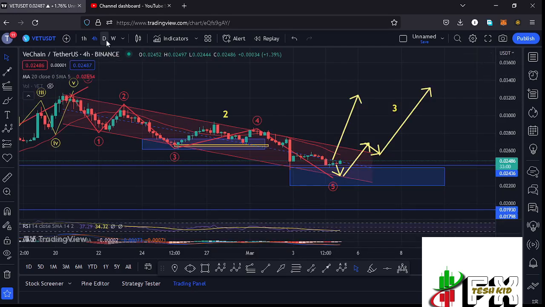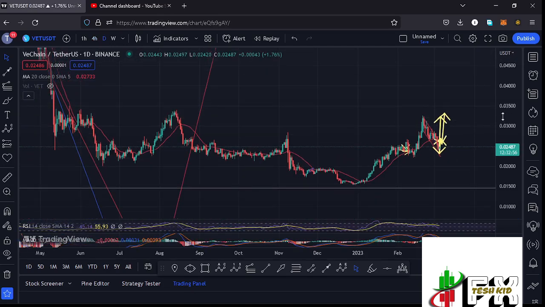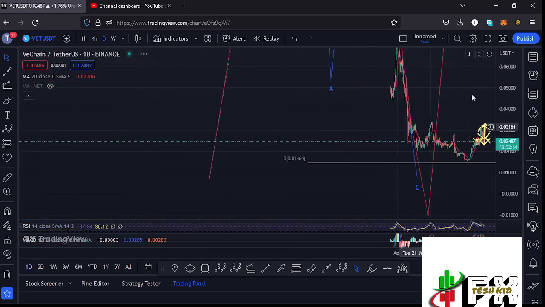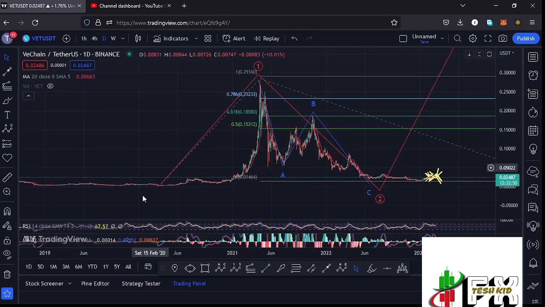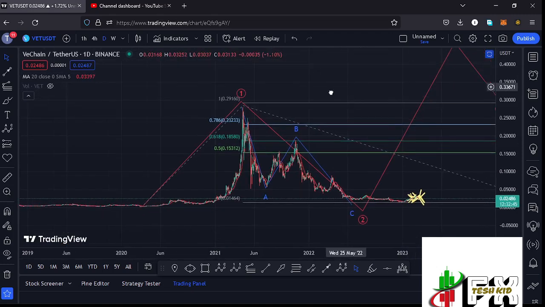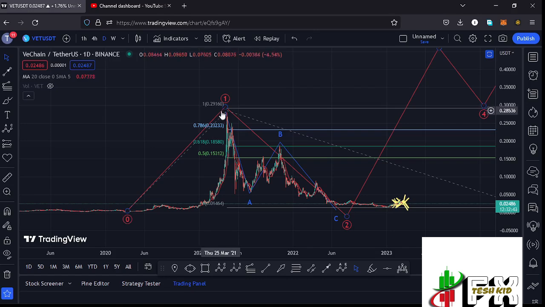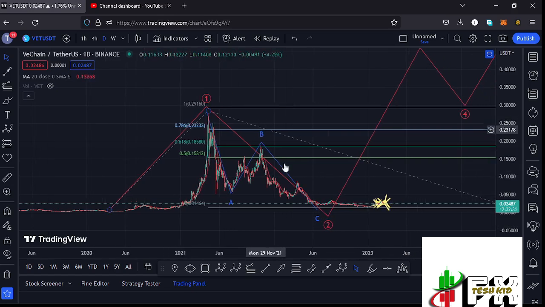And jumping to the daily chart for further analysis and also give you the long-term scenarios that I'm expecting to play out here on the Vechain chart. Here on the daily chart, you can see that from these low prices that we had been trading within, we saw that massive bounce to the upside, seeing the all-time high at around the $0.29 mark, in what I'm terming is that first wave to the upside. And after seeing the all-time high, we started the bear market, where we had been seeing lower prices in this ABC corrective structure. And in the formation of that ABC corrective structure, we saw a low at around